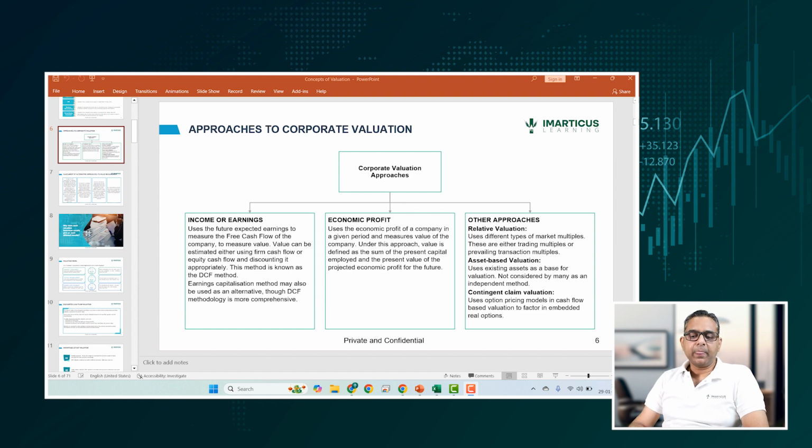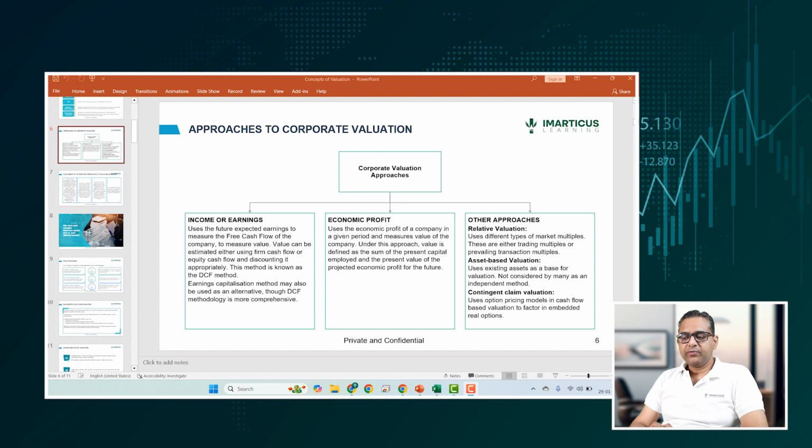So that is earnings capitalization. Similarly, for a dividend paying company, the dividends we are going to receive, that is our earnings from that stock. So again, what is the expected growth in dividends, and accordingly we can discount back those dividends to get a present value of future earnings. That is our earnings capitalization method.